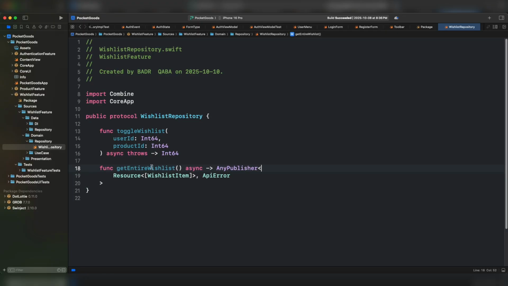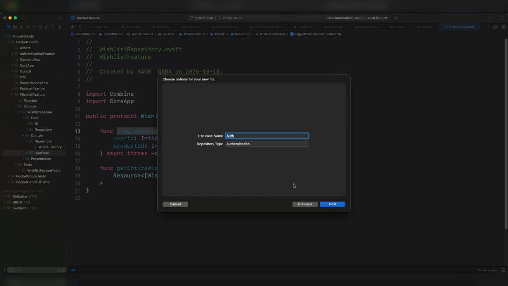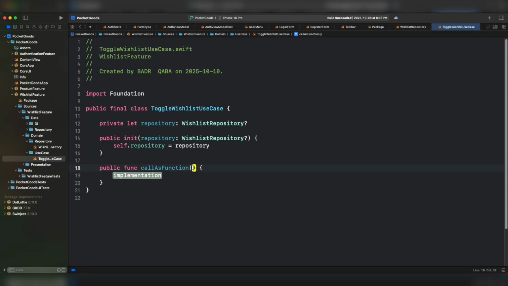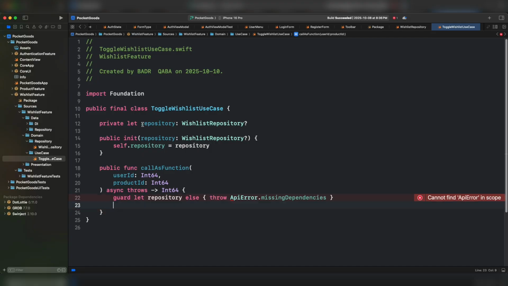As usual, we have to define the use cases. Let's create the toggle wishlist use case. As parameters, we need the user ID as well as the product ID. The return type is integer, and it is an async function and it can throw an exception. If we got the repository from the dependency injection, we're going to use it, otherwise we're going to throw an API error of type missing dependencies. Next, we're going to return